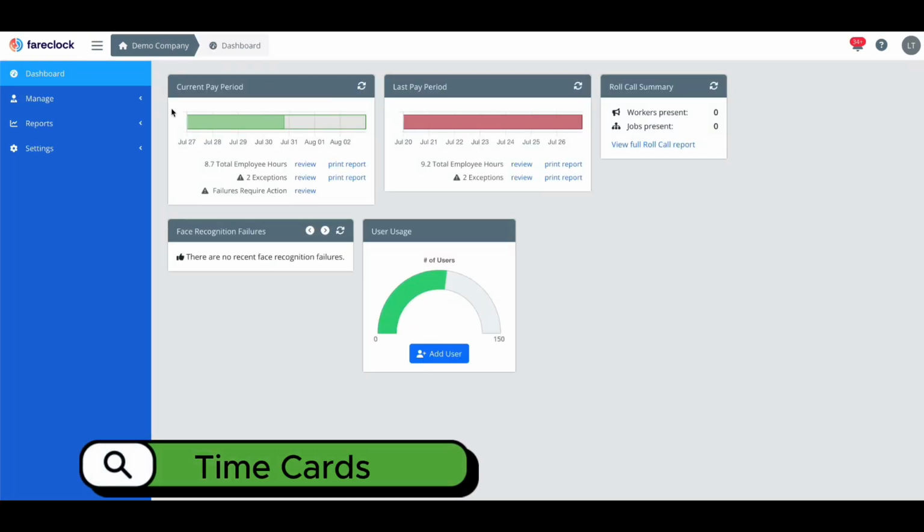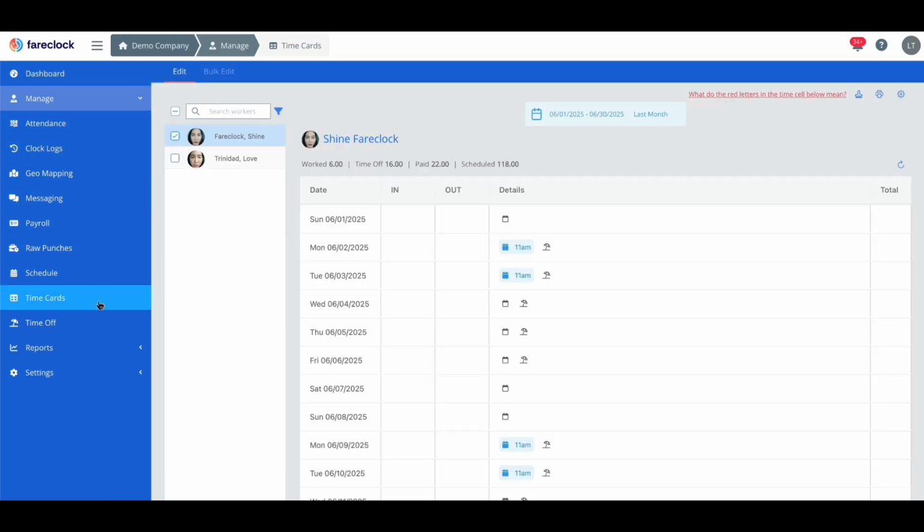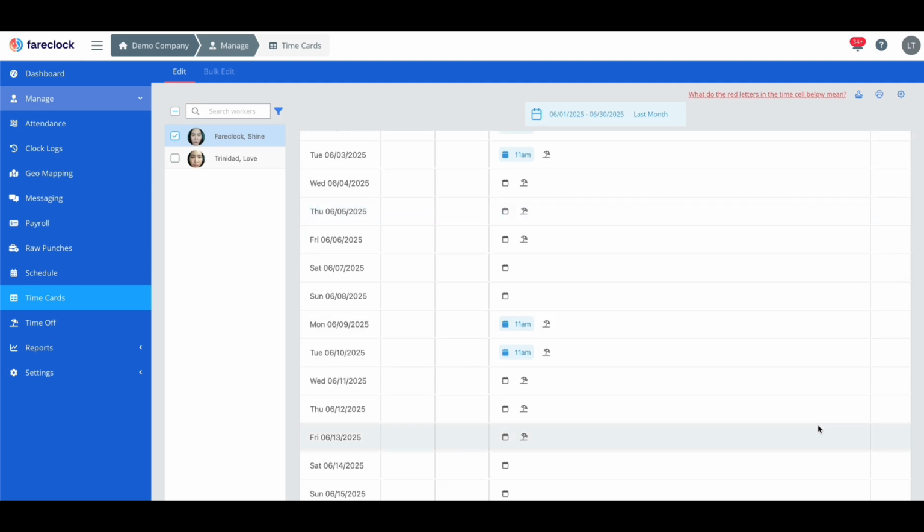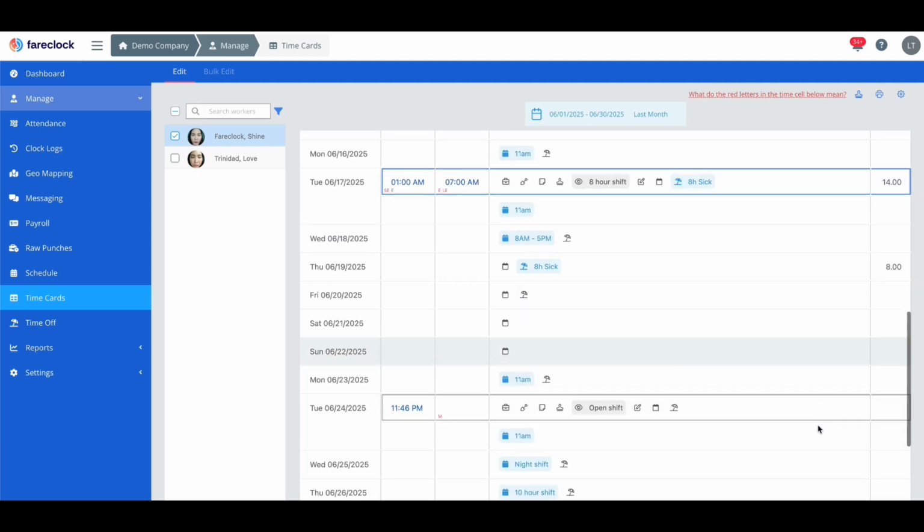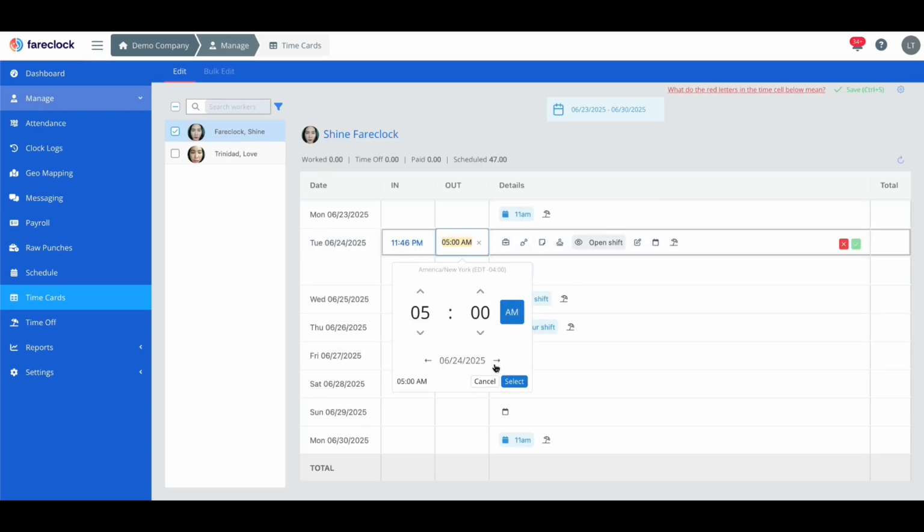Time cards let you manage worker attendance records with flexibility and control. You can update individual shifts or make bulk changes to handle attendance details efficiently. Within each time card, you can